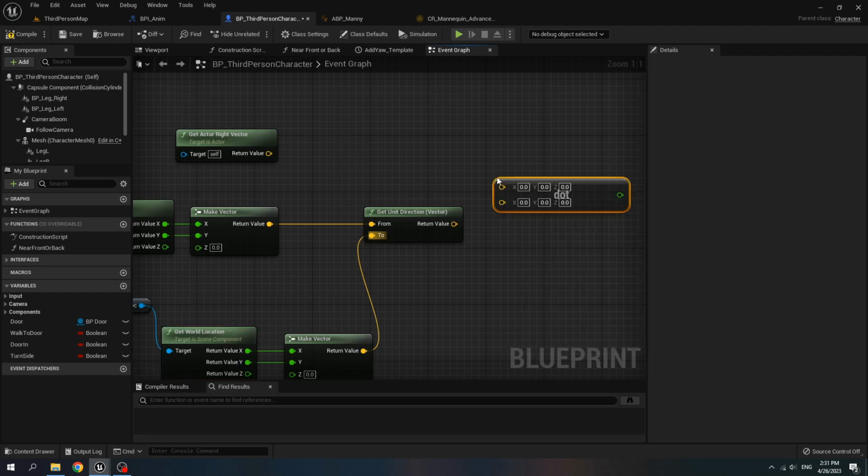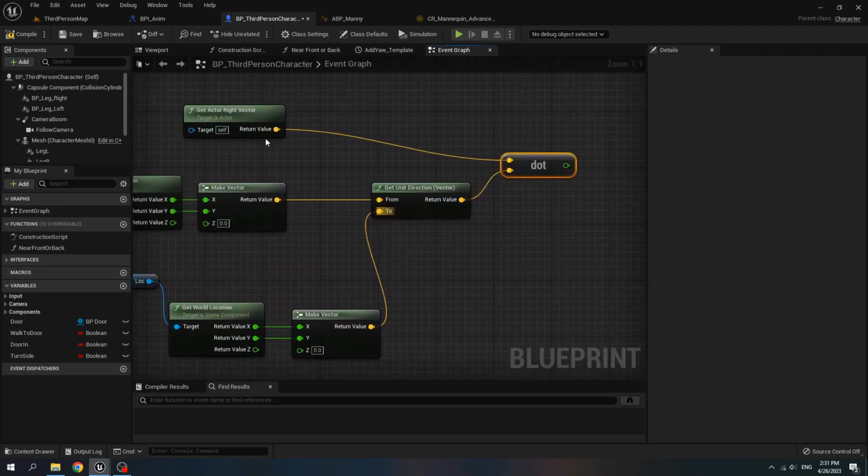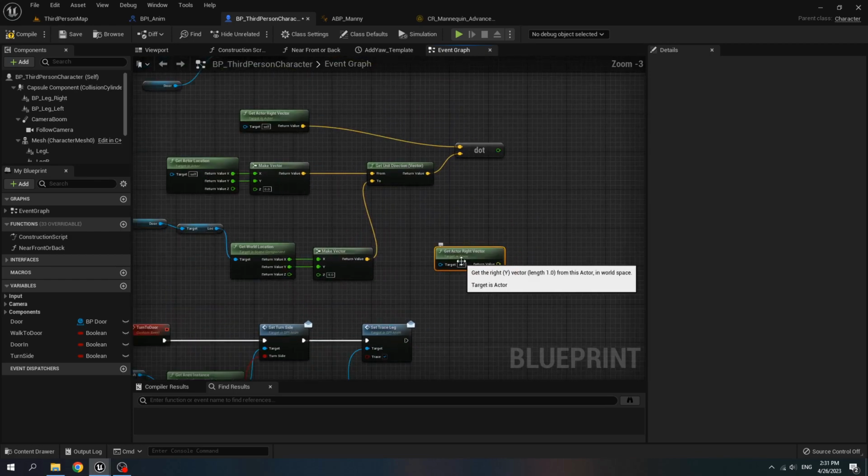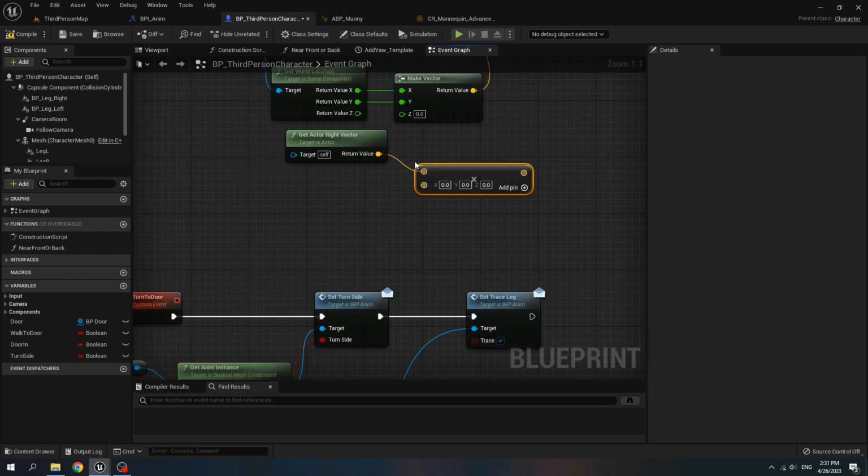call dot product of the vector, connect the actor right vector to the unit direction, and we get actor right vector, copy and paste, multiply it by -1.